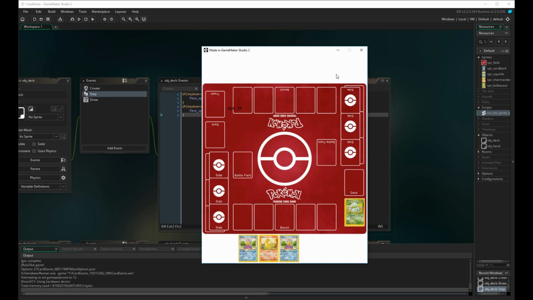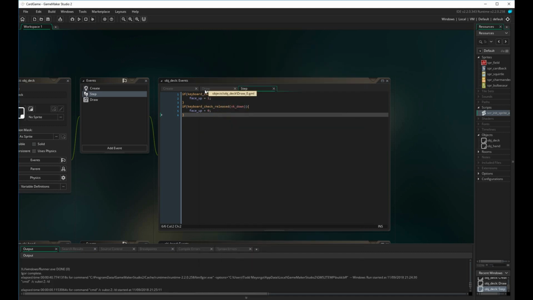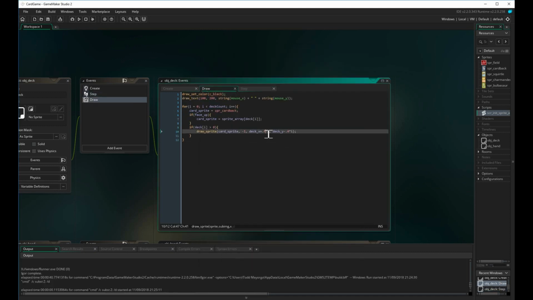So in order to do that, I need to create a different buffer, or a variable buffer. If you remember, what we did in the last video is we chose the buffer size to be 0.4. So in the instance where I want to see the cards in my deck, I don't want the buffer to be 0.4. I want it to be larger so I can see more of the card. So I'm actually going to create a variable called deck buffer